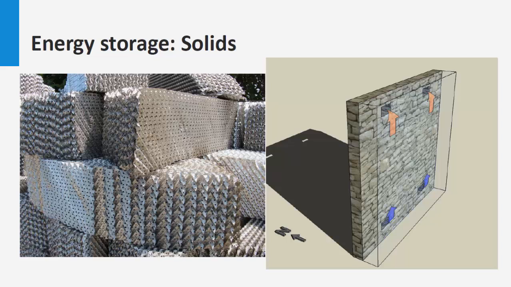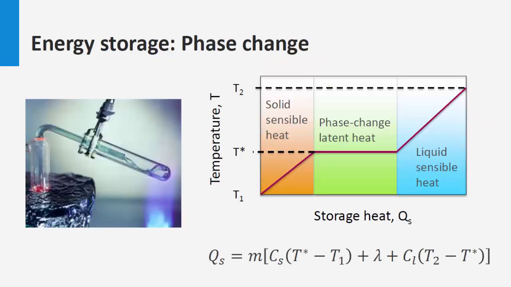Next one is energy storage by phase change materials. In this method, the heat is stored as latent heat instead of sensible heat. Latent heat is the heat for phase change without any change in material temperature. The material used for energy storage via phase change must have high latent heat so that a large amount of energy can be used. In addition, the phase change must be reversible, being able to withstand many cycles.